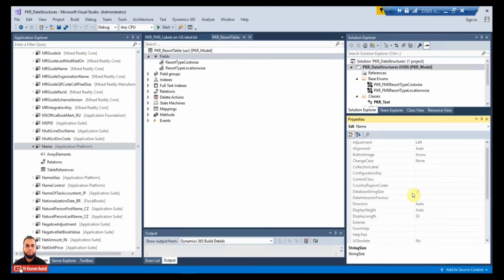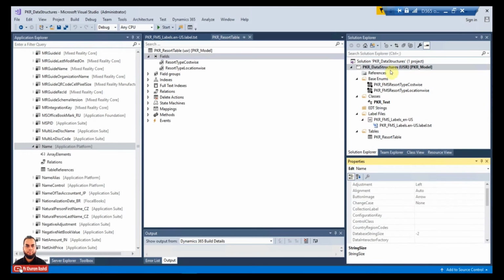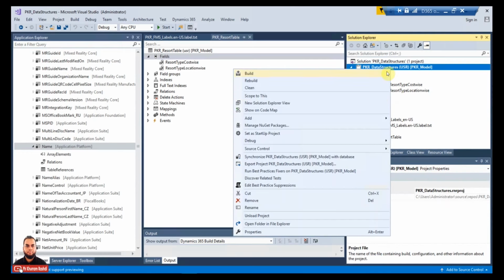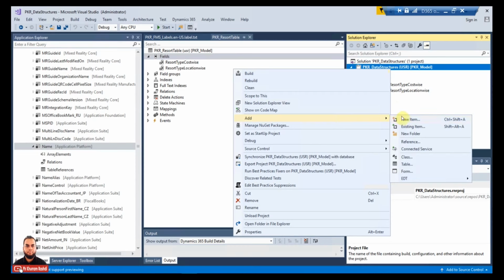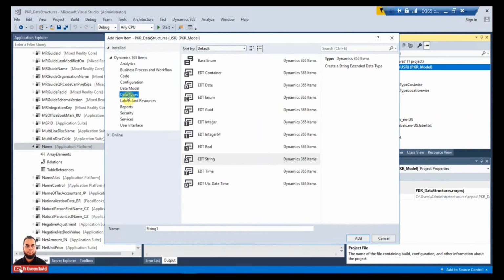If we change the string size property, all the fields based on this EDT will be adjusted, and if we reduce the size, it will truncate the value to the new size. So I will start with an EDT to show you how it is created. Just right click on the project, go to add a new item, and then go to data types. You can see here, just like base enum, the EDTs of various primitive types are shown. I will create one EDT,